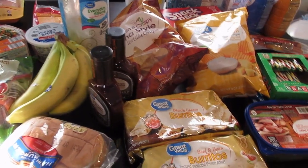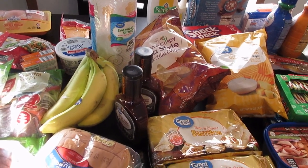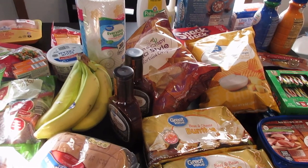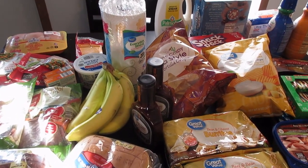It's a little bit late because I didn't shop until Wednesday this week. Typically I shop on Tuesdays, but I had other engagements and had to push it back. So this week I went to Aldi and Walmart like I always do, only this time I went to Walmart